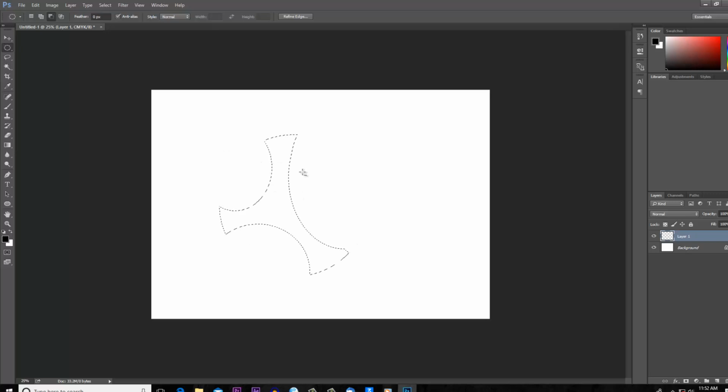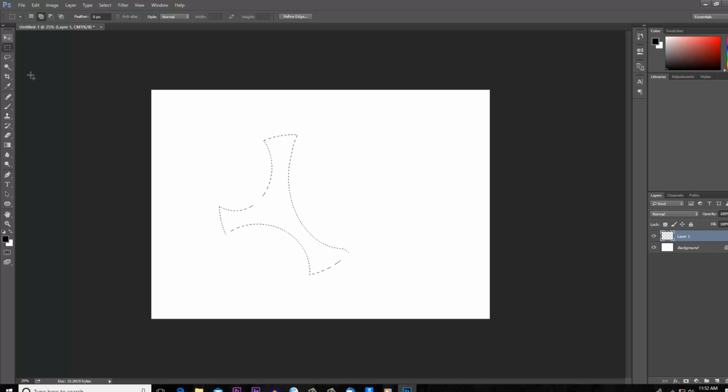Now you can even combine it with other marquee tools. For example, I can use the rectangular marquee tool, and maybe add to selection. Maybe I want to add something here, so I can do something like that. You can combine it with other keys or other tools within the marquee or selection tools.